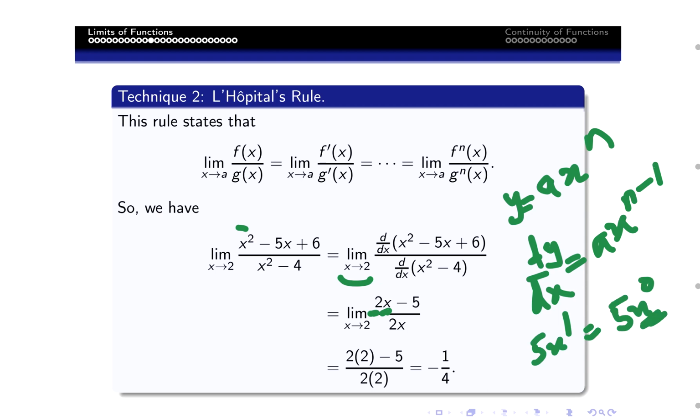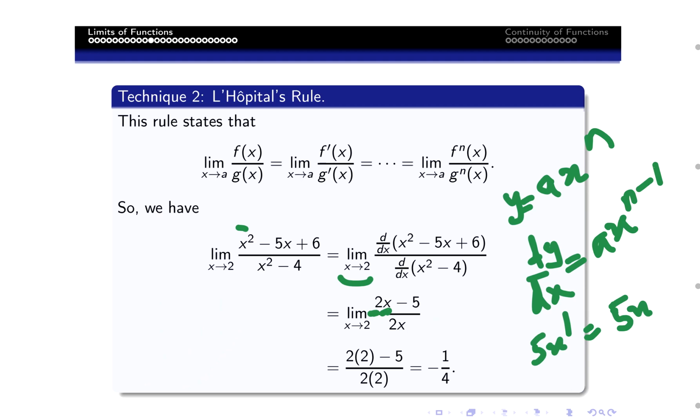And if you differentiate 6, 6 is like 6x raised to power 0, because x raised to power 0 is 1. 6 times 1 is 6. So if you differentiate this, you have 0 times 6, x raised to power 0 minus 1, which is automatically gone, because this 0 will just cancel everything out. So that's why when you differentiate a constant, it goes to 0. It doesn't exist anymore. So you see that if you differentiate 5x squared minus 5x plus 6, you get 2x minus